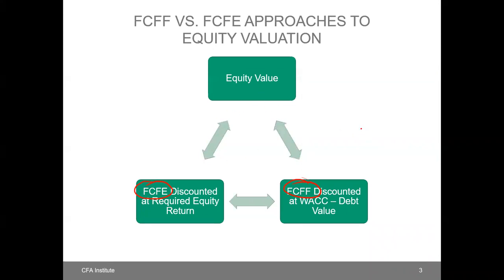Now, if you have the free cash flow to the firm, you see that firm has received capital from which capital providers? Again, equity holders, debt holders, preferred stockholders, right? Okay, for simplicity, I'm assuming equity holders and debt holders. Okay, so in that case, as the free cash flow to the firm is available for all capital providers, we have to discount